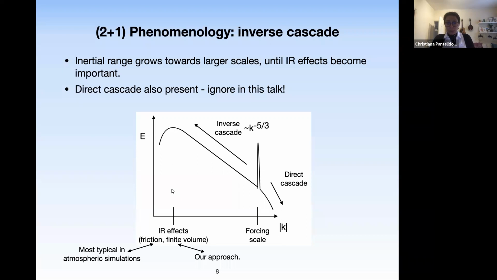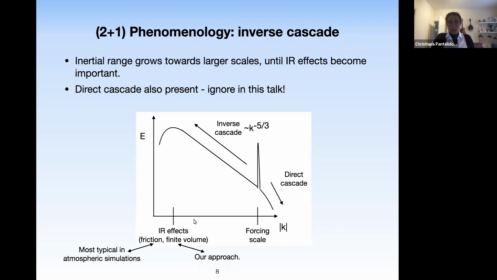Now, in atmospheric physics, what people do is they go and they modify the Navier-Stokes equations to add friction terms. And these friction terms essentially take care of the large scale structures. Okay, what we'll do is, instead of that, we'll impose periodic boundary conditions on these two spatial dimensions. And we will effectively be solving our equations on finite volume. And what happens in that case is that there will be an accumulation of power at these very small values of k, which corresponds to a vortex lattice that is continuously fed from the UV.